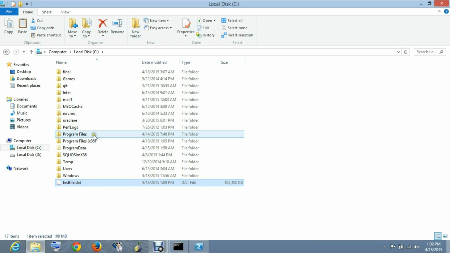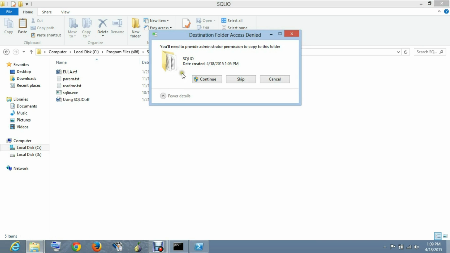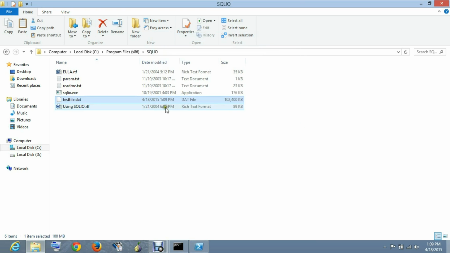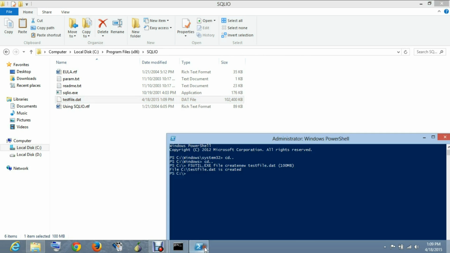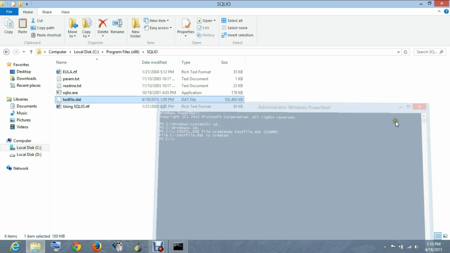Now we'll copy this file in the SQL IO directory itself, so we don't need to specify the entire path every time. Now the same test file has been copied here, so you can use Windows PowerShell to create this file. For demonstration purposes, we are creating a 100 MB file, but keep in mind that 100 MB is almost nothing compared to the file sizes that servers usually have to work with. So if you're using this to test your server, you need to give a higher file size to test it properly, at least 2 GB, 4 GB minimum. So there's that. Let's close this now. We don't need this anymore.